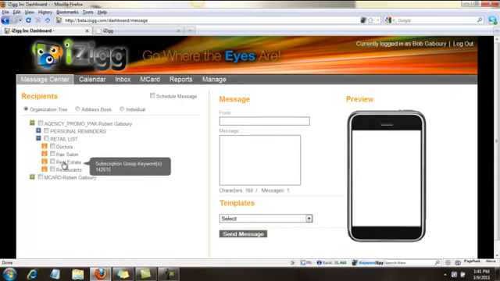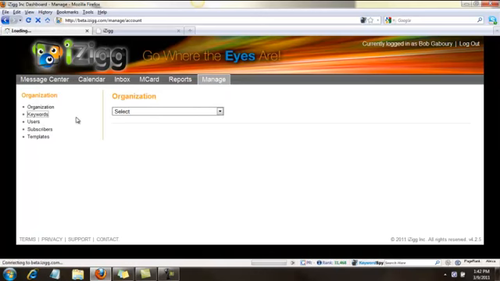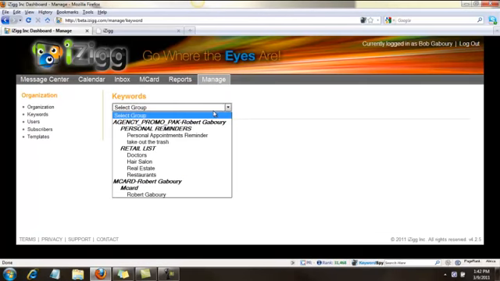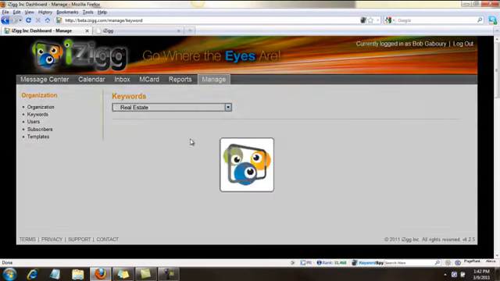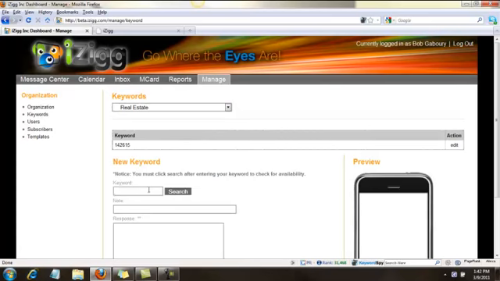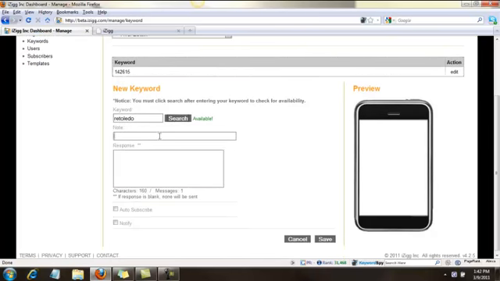Okay. So what we did was create all of our retail lists, and this is where we're going to, let's say we're talking to a real estate agent. You would come in here, you would get a keyword for this, so you would just go under manage, go to keyword, select a group, real estate, and we add a keyword, RE, Toledo. Search, it's available, put a note for yourself, nobody's going to see that,